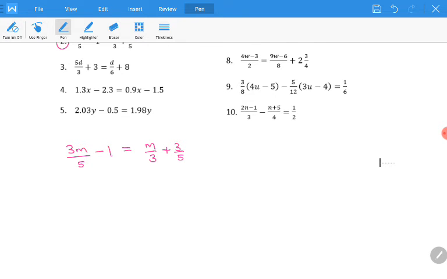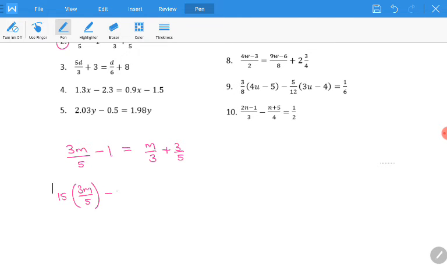So here the lowest common multiple for our denominators, which are 5 and 3, is 15. That's the lowest number in which 5 and 3 can get into without leaving a remainder. So if we multiply through by 15, we get 15 times 3m over 5